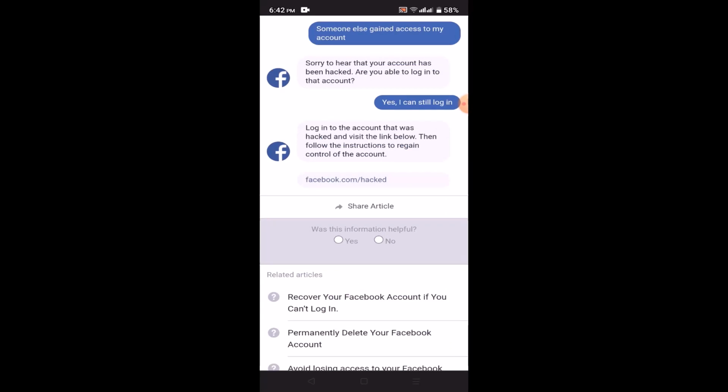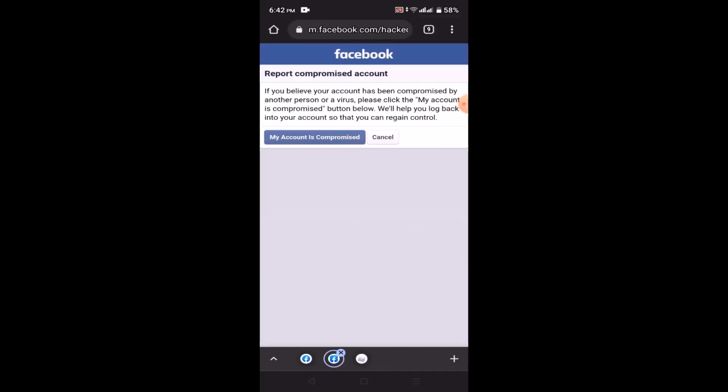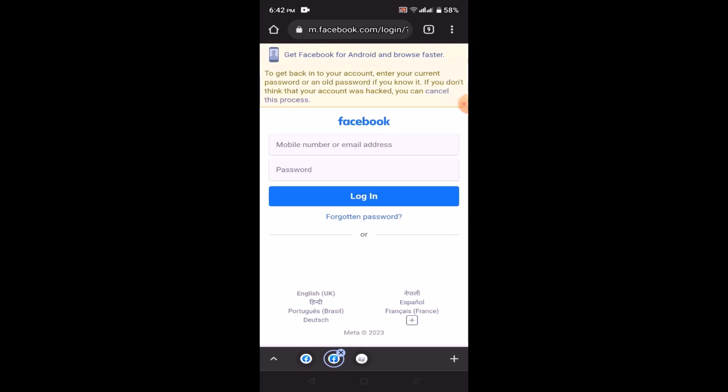As you submit the response, a link will be sent. So you need to click on this particular link, that is facebook.com/hacked. There will be a statement, so make sure to go through it before you proceed on. So click on my account is compromised, and then you'll be asked to log in,